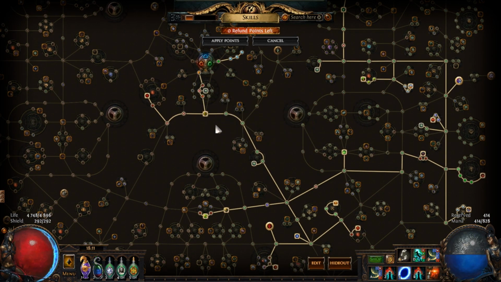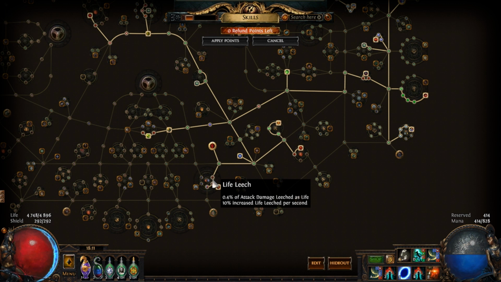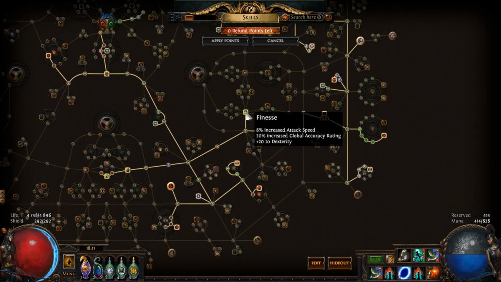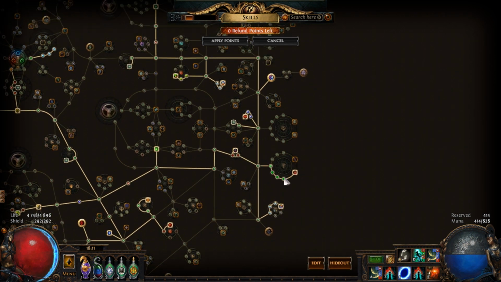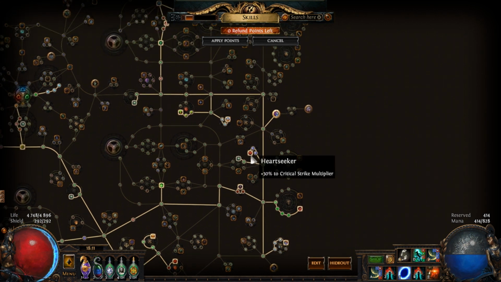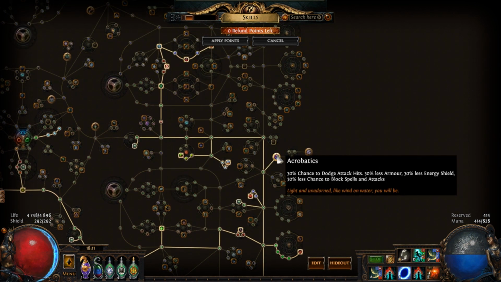We take the Resistances node and we start heading toward the Duelist area to pick up some of the nodes. We get the Leech as well as Vile Pact and some more nodes and crit chances. On the Ranger area we just take Finesse and we head toward the edge of the tree. We take Herbalism, Primal Force, the Crit Multi and Crit Chance node with Spider Blade for the swords, head toward the Shadow with the Earthseeker on the way, and Jewel Socket, Acrobatics,